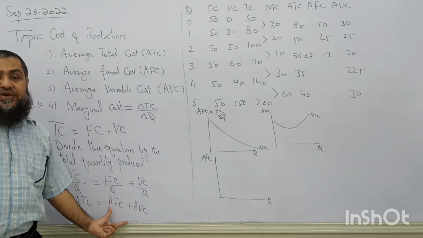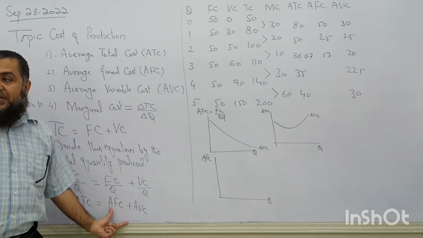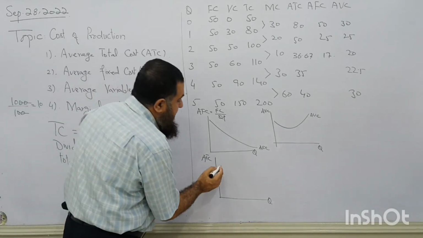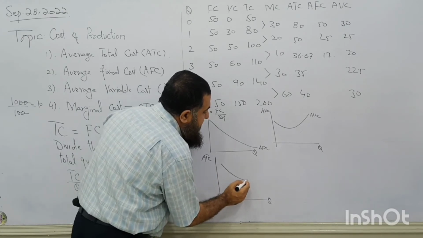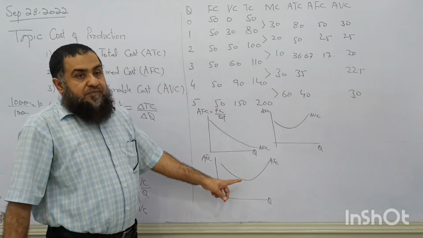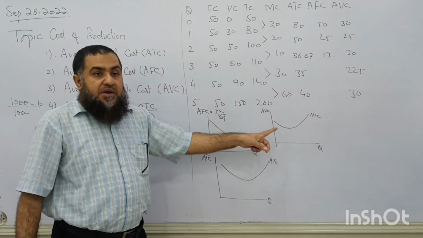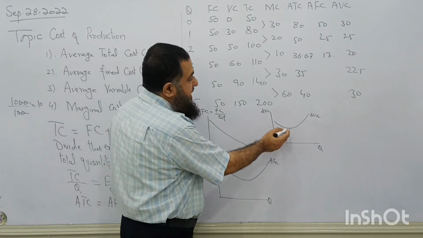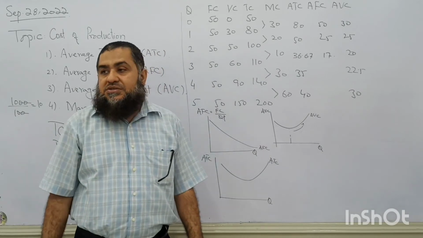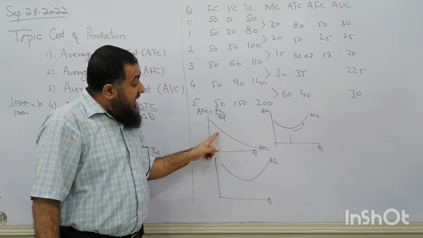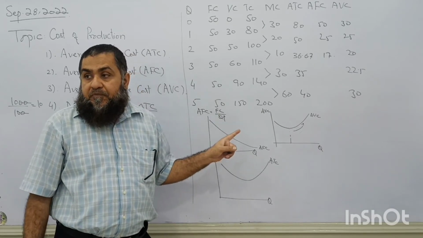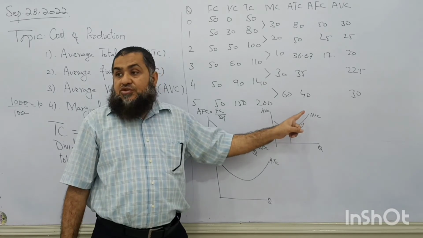Keep in mind this equation. When these two are decreasing, average total cost will also decrease. And then it goes to a minimum point and then starts increasing. It has the same shape. But average variable cost started to rise before the average total cost. What is the reason? Because average fixed cost has a stronger downward pull when average variable cost starts to rise,